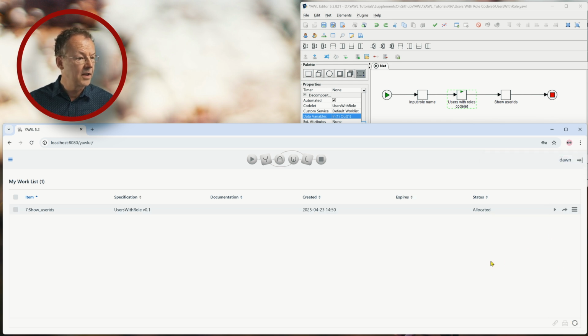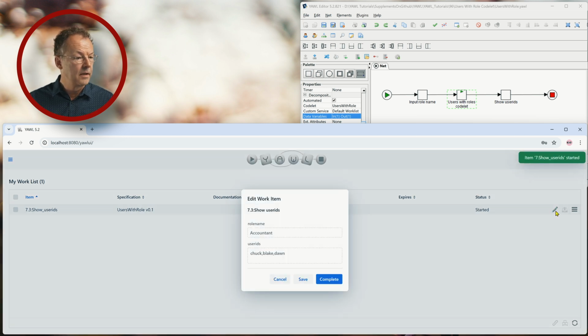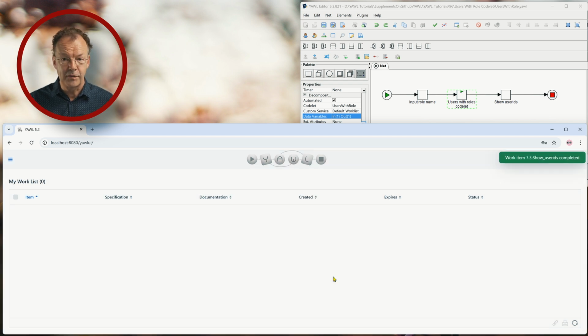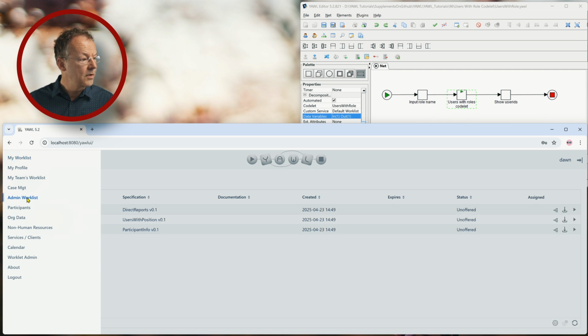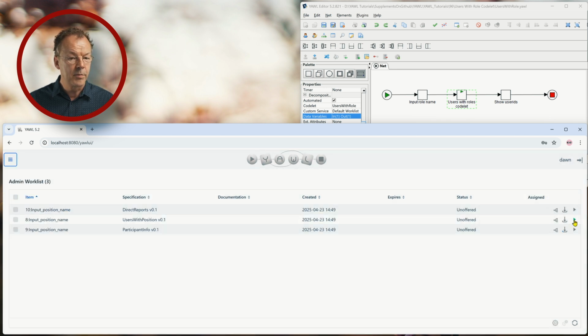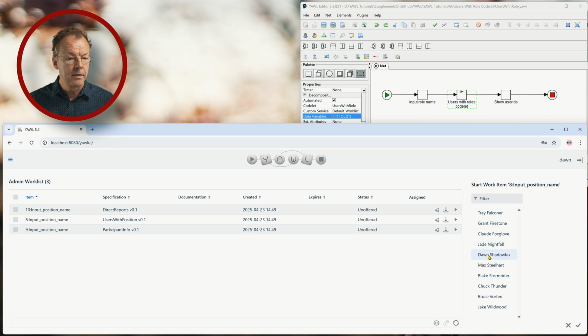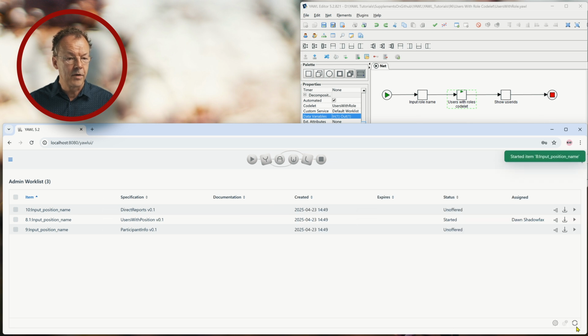And this is the task after that. So this is show user IDs. And you can see accountants are Chuck, Blake, and Dawn, and they are separated by comma. So this is the return value of the output parameter of the codelet. So that was the first case. Now, the next case is users with position. So we go again to the admin work list. Users with position, we start this for ourselves,